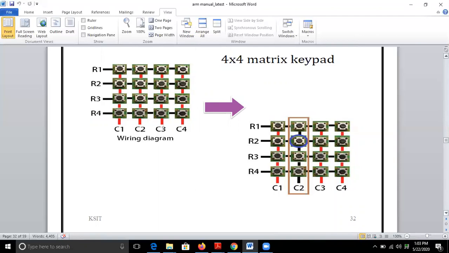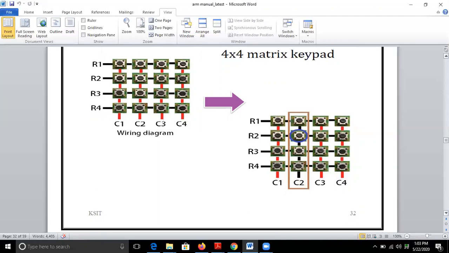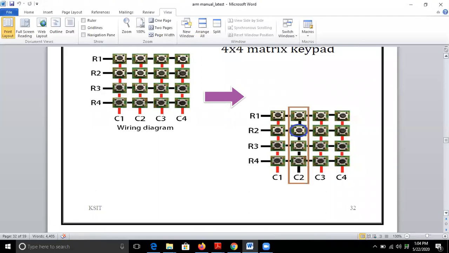For that, what we do is we start forcing the rows R1 to R4 one by one to a value of logic 1, that is VCC, and then start reading the values that are available at each column, that is C1 to C4.